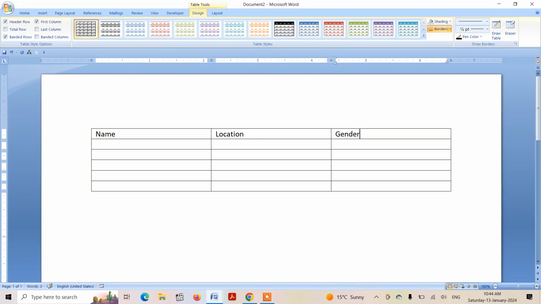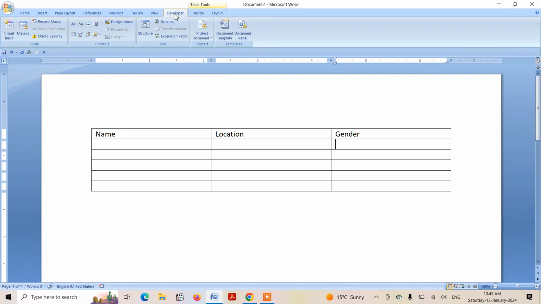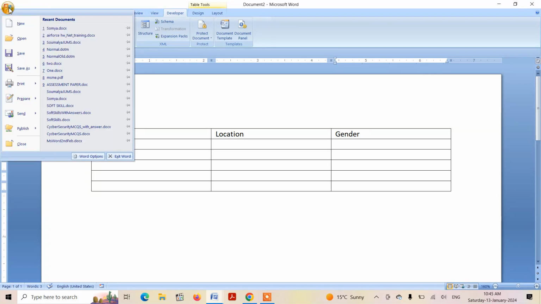Now this gender will be having only two options from the drop down list. We can select only one of the two options, that is male or female. How can we do that? So we'll be moving to the developer tab, and if developer tab is not showing in your MS Word application, you have to click on this office button for the old users, that is Word 2007, and